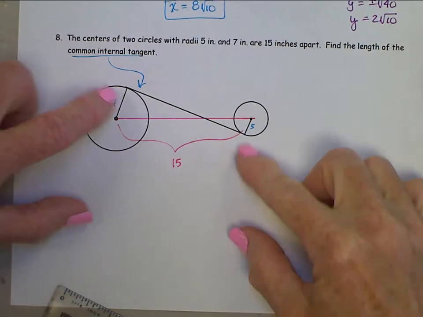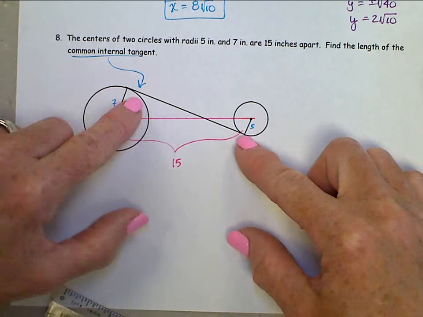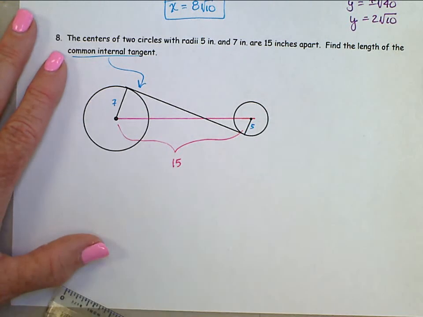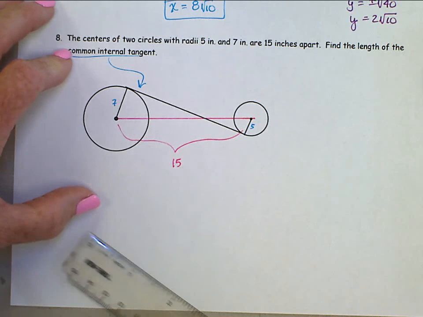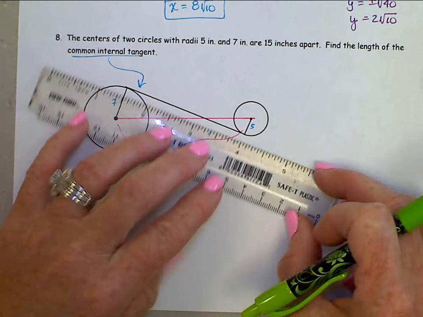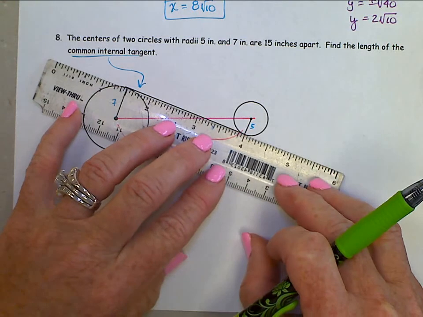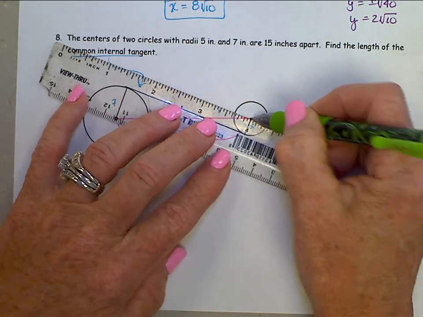Those are already done. Same tangent. They touch that common internal tangent. Then again, through the center of the smaller circle, we are going to draw a segment that's parallel to the common tangent. There's your common tangent. Through the center of the smaller circle, up here,